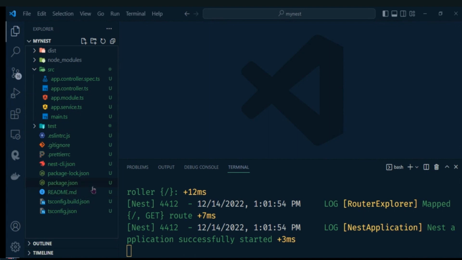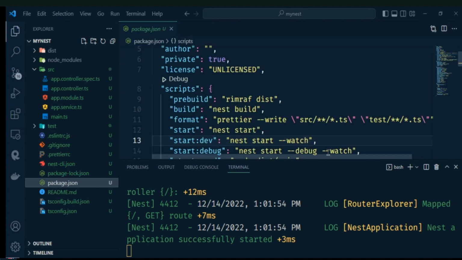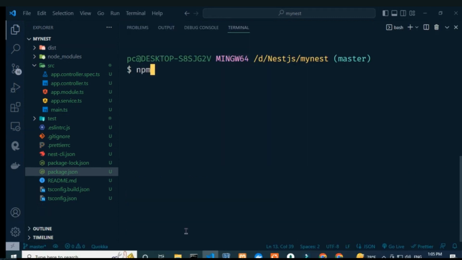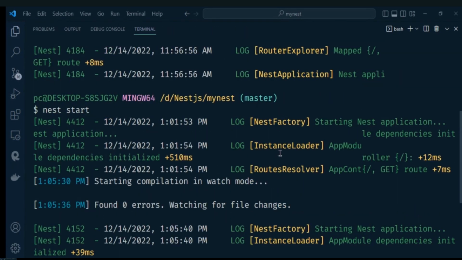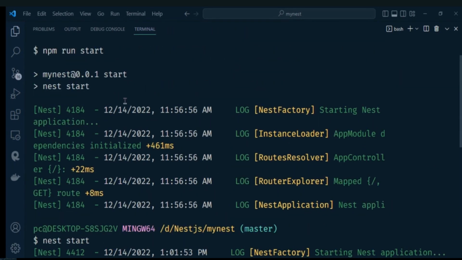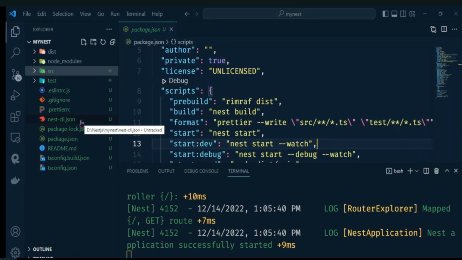In the package.json file under scripts, you can watch your changes every time by using the start:dev command. So type on the terminal npm run start:dev and hit enter. Next start. Okay, now open